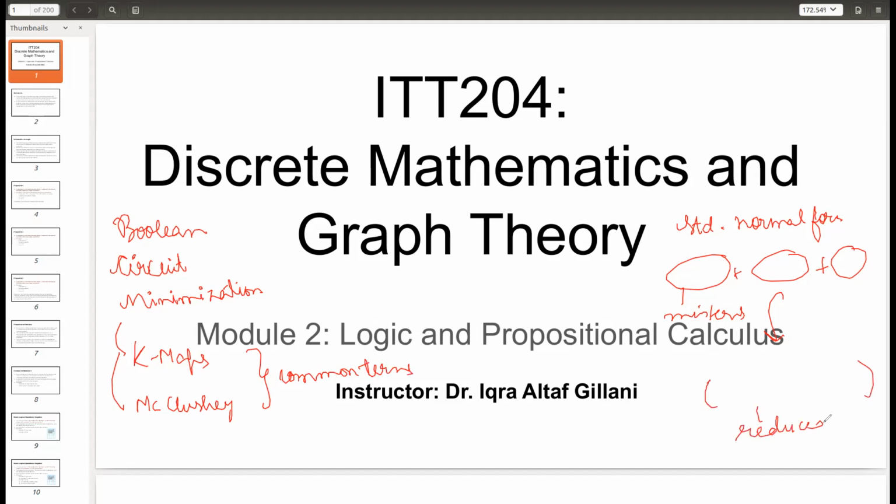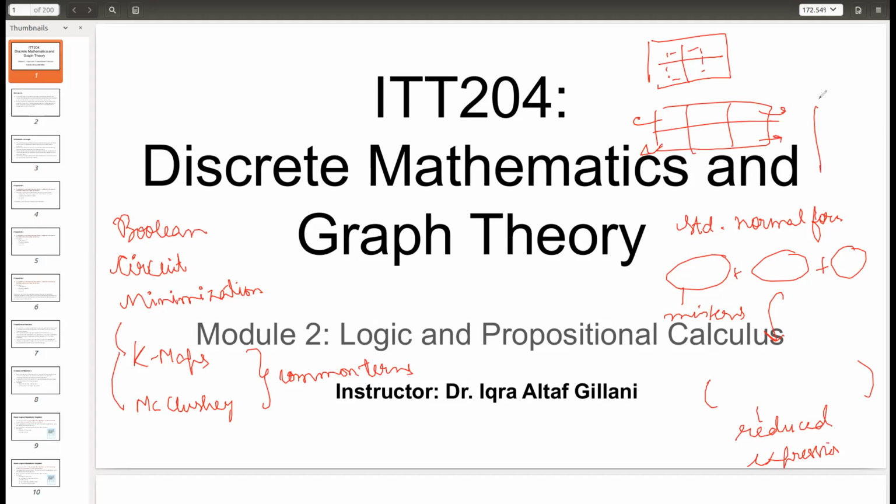And for this there were various approaches which we took. Like in the Karnaugh map, for two or three variables we had different kinds of combinations. You could group up the adjacent cells. When we moved to three variables, you could also group up the adjacent cells in a wrapped manner. When you moved up to four variables, you could wrap around top as well as left, right, as well as within it. So all these were different kinds of strategies we used, but what was the prime idea behind, whether it was K-maps or McCluskey?